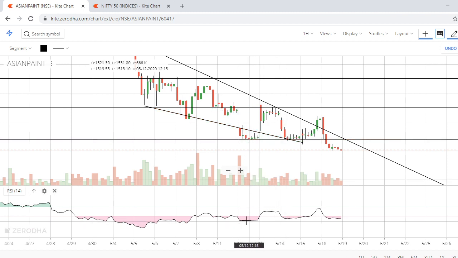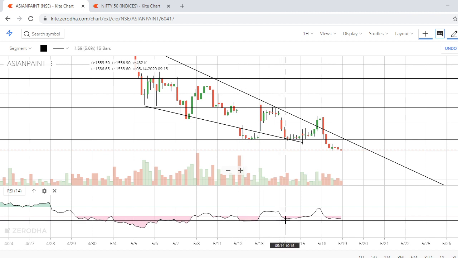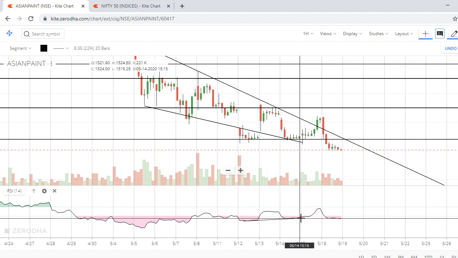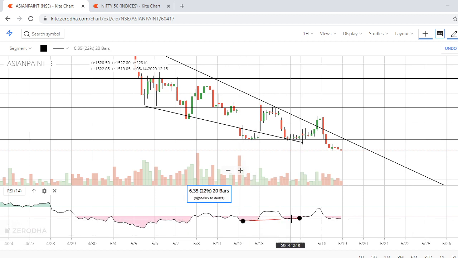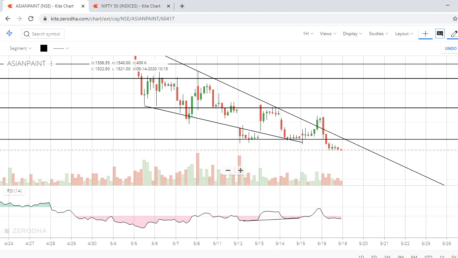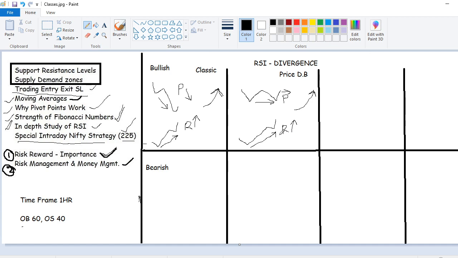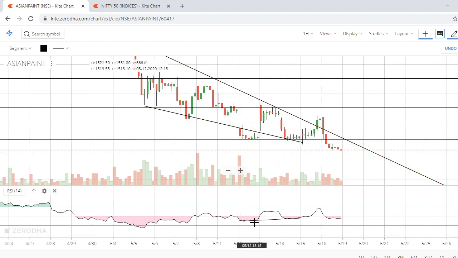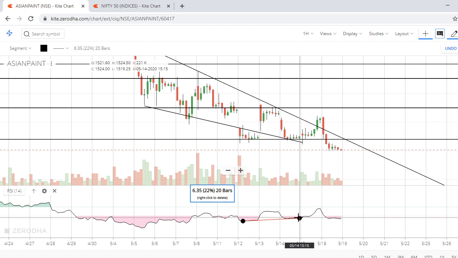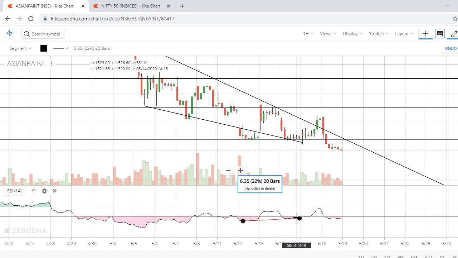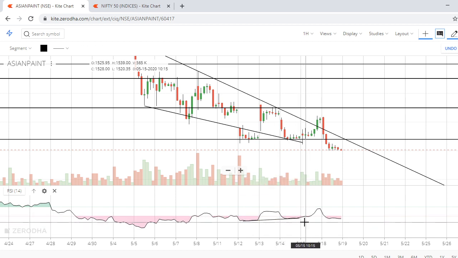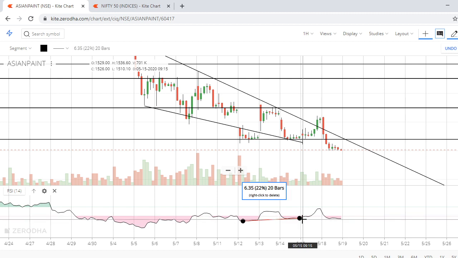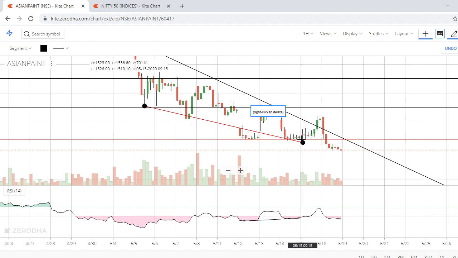But look at the RSI. From here RSI 28 came up to 34. The RSI is coming up, that's what we discussed, right? The price is flat, but the RSI is going up. The price went up and came down, made double bottom, but the RSI is slowly going up. Okay, this is a good indication to go for long, and the RSI should be below 40. That is our criteria. So there the RSI is below 40. This is the time where you can take an entry.